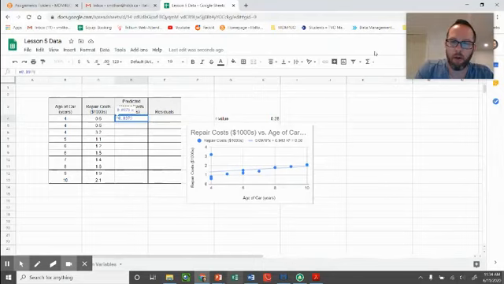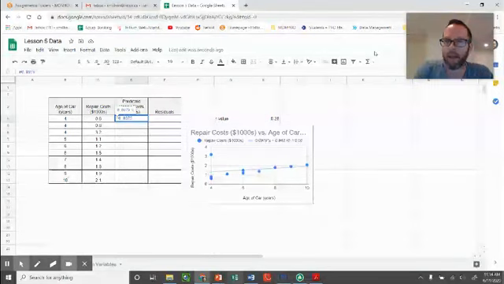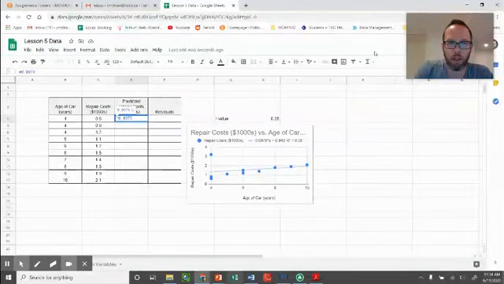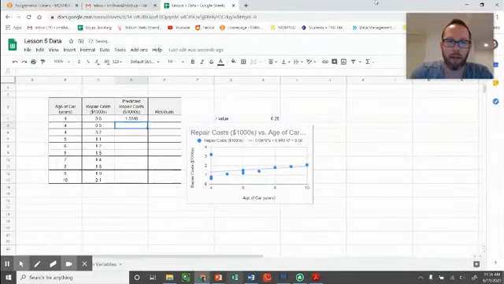0.0979, times X. X is our independent variable, the age of the car. So I want to use the value in column B for the age of my car, and I'll do that by writing times B4 instead of X. I want to use that number in B. And then our model says we add 0.943. And you can see that my line of best fit says for 4 years, I should get about